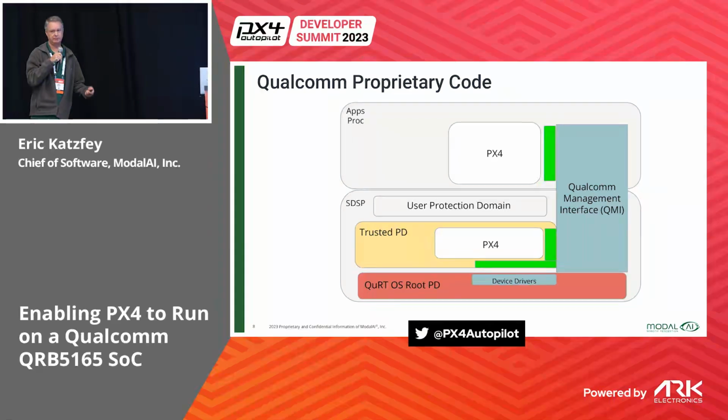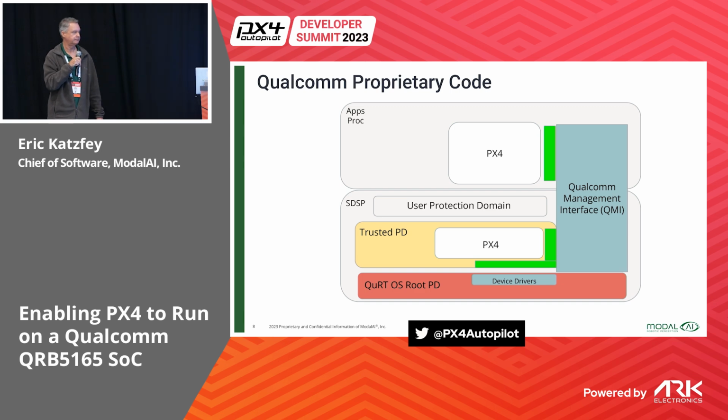Ultimately, if you're familiar with dynamically linking shared objects and accessing symbols within a shared object, all those same mechanisms luckily live within this layer of code. So we were able to create a shared object that we build with the Hexagon toolchain, and at runtime we dynamically load it into this protection domain on the DSP and bind it to